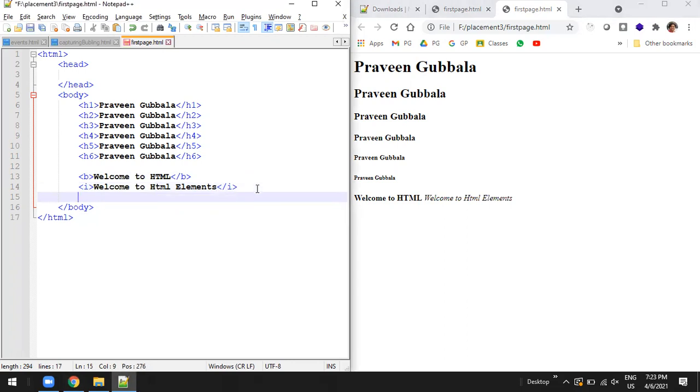Like the same, you have so many other elements: strong, which is equivalent to bold, superscript, underline. If you put it in the u element, you can see it underlined.